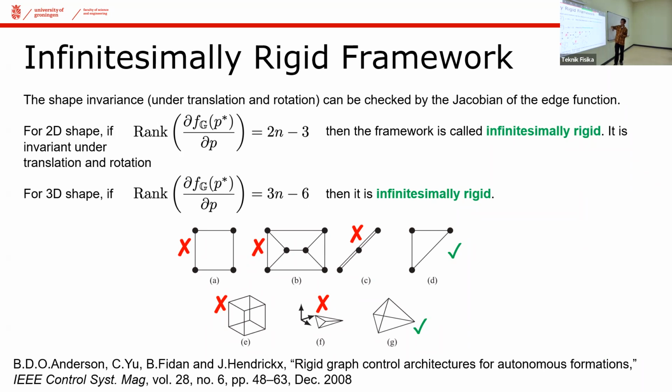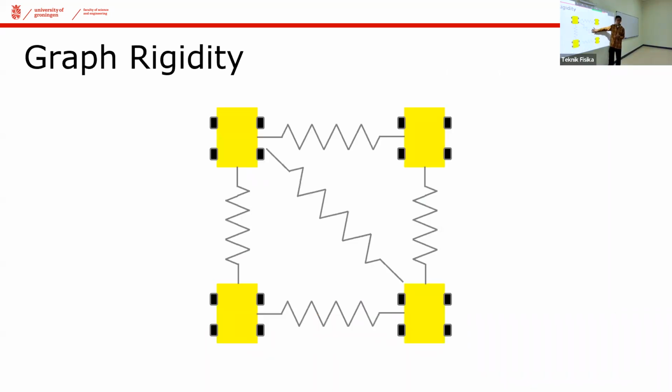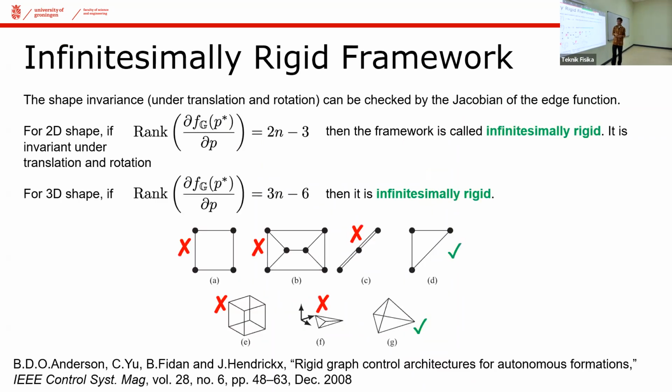What I could say as well is that it is invariant under translations and rotations. What does it mean? Meaning, if I go back to the previous one, this is an infinitesimally rigid formation, and this is invariant under rotations and translations, meaning if I rotate it, if I move it to the right hand side, or if I move it above, those are still satisfying the same constraint, and those are still defining a square. You can imagine it directly, right?